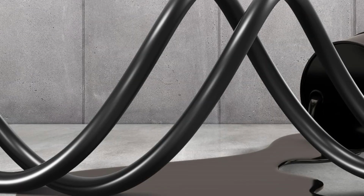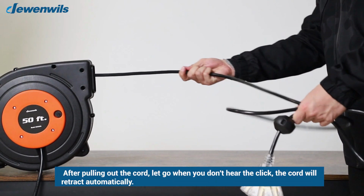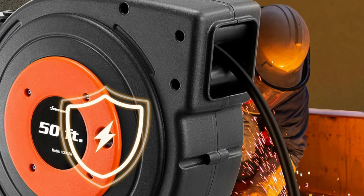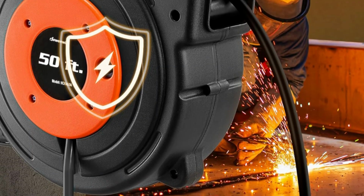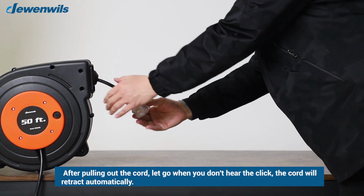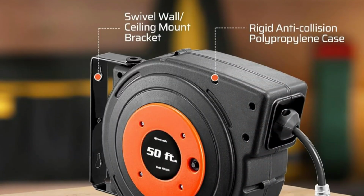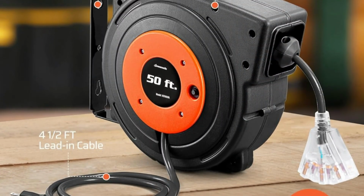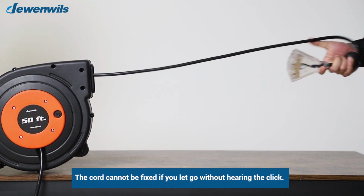The durable tangle-free SJTOW cable resists oil, water, UV, and ozone, and remains flexible in cold weather. Its automatic retract system ensures smooth retraction without kinks, and the ratcheting mechanism locks the cord at any desired length. A 180° swivel wall or ceiling mount offers convenient access from any angle, and an adjustable stopper keeps the cord in